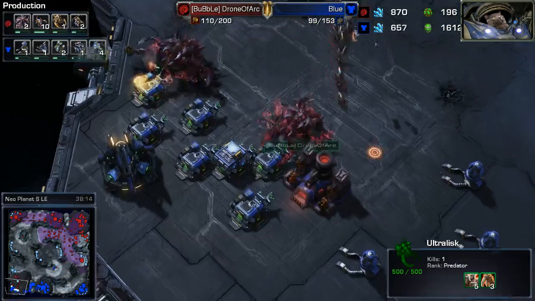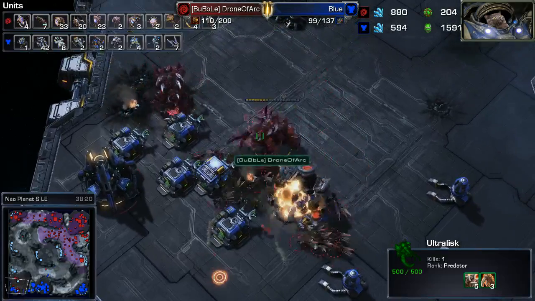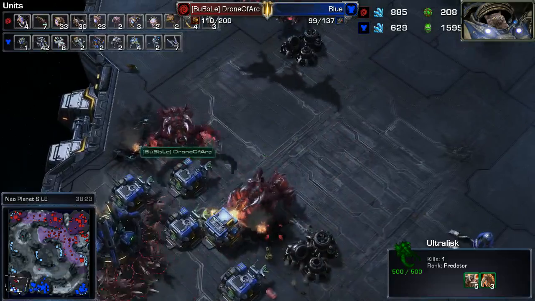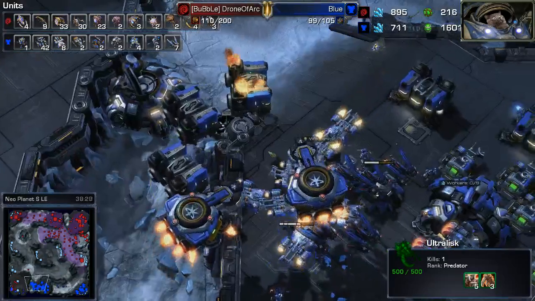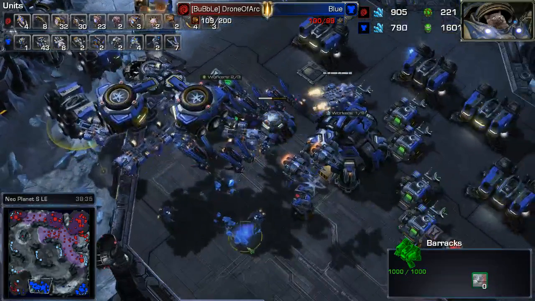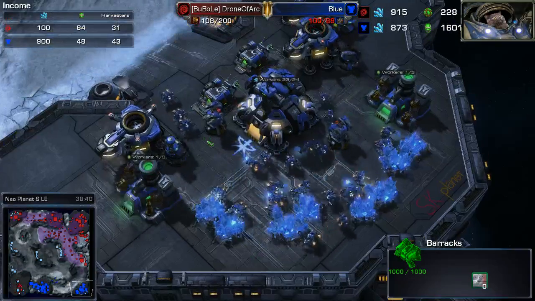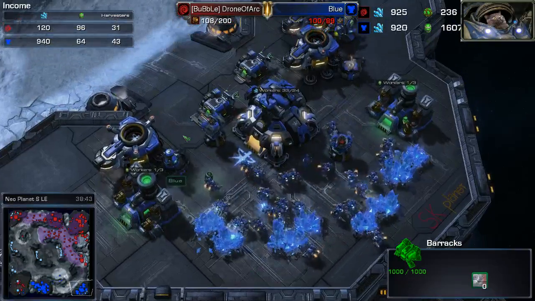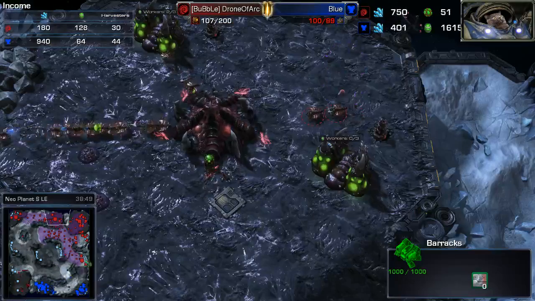It looks like the main is going to get completely sacked from Blue. Still, both players are basically 100 over 100 supply, which is really impressive considering that the main has been completely taken out from Blue. He is repositioning with pretty much everything, and remember, his third is completely mined out, so this single base is the only source of economy for him. However, he is beating the pants off of DroneOfArc because his third is completely mined out,